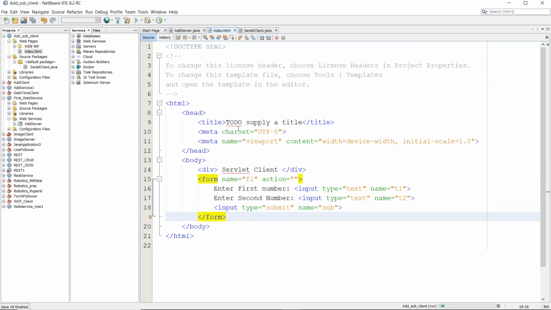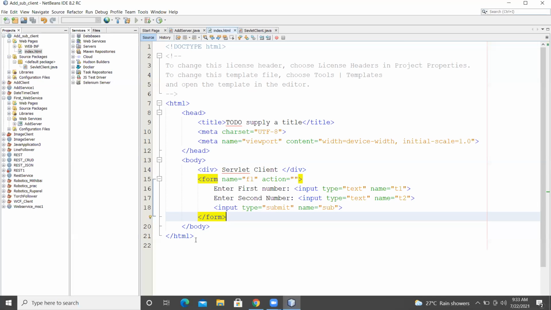Okay, so when you check this, when you run this particular one,